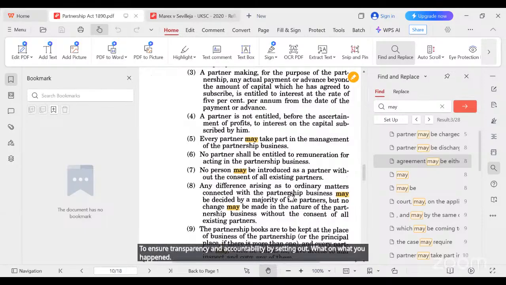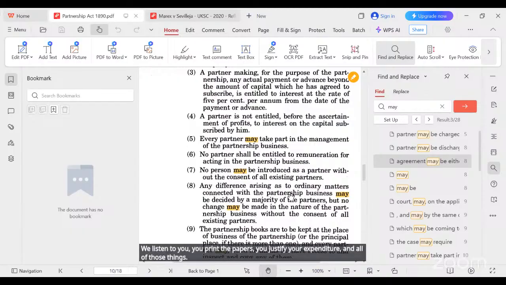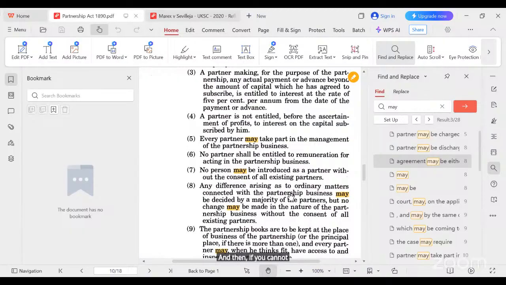You must brief us; every three quarters we will sit, we listen to you, you print the papers, you justify your expenditure and all of those things. And if you cannot, they will let you know that they will remove you. All of those things are good. But when you deal with another set of partnerships that are very complex and have a lot of branches, then you can agree that maybe you might need